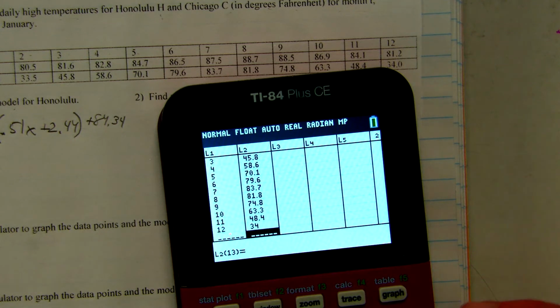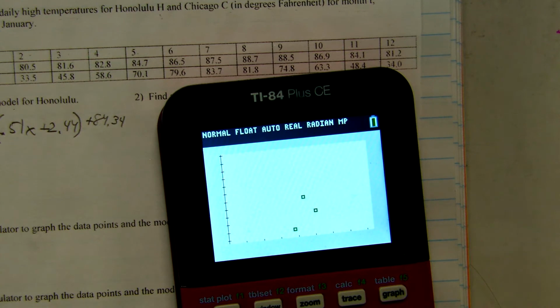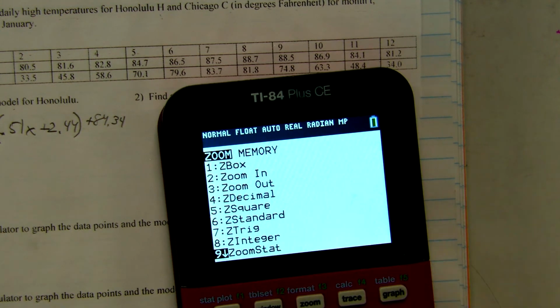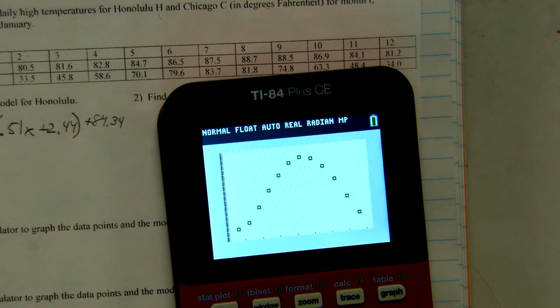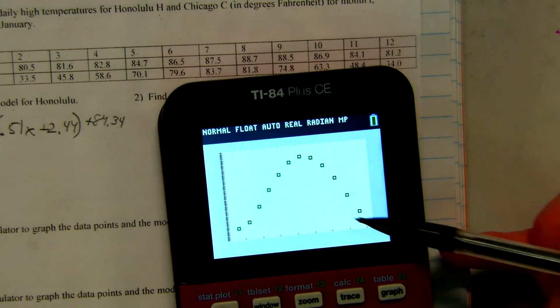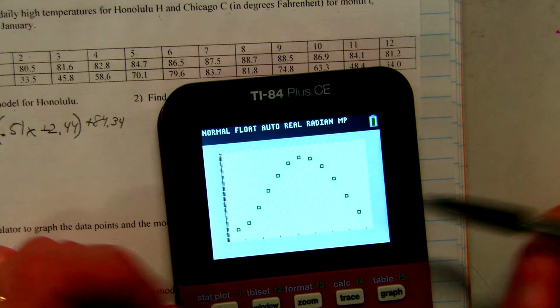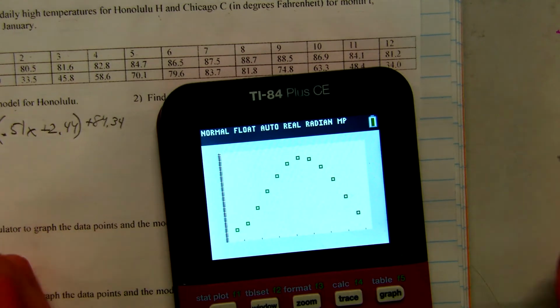So you could just push graph because we set this up already. No, we can't. We have to do zoom stats, so number 9. Okay. And then we get kind of a wave function again. So cool, we can see it. Not too exciting just to look at the graph, but it kind of helps us know if we did this